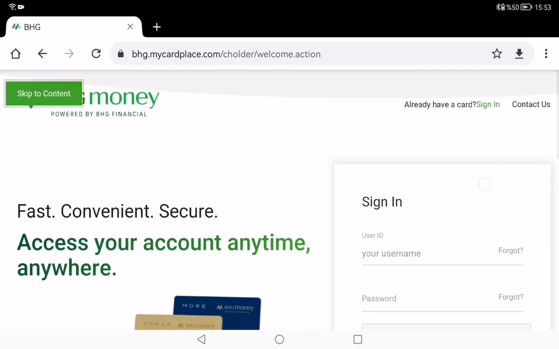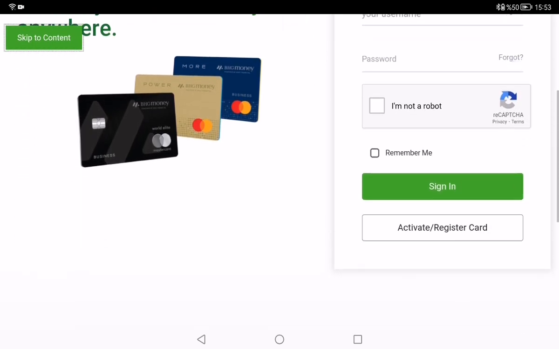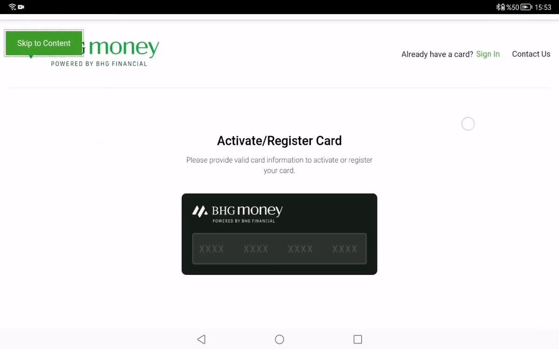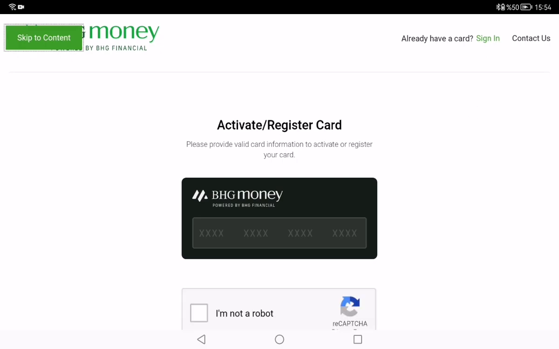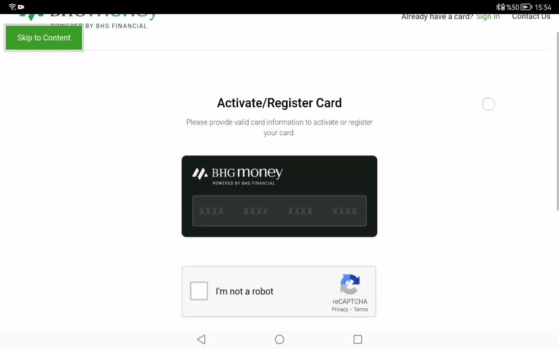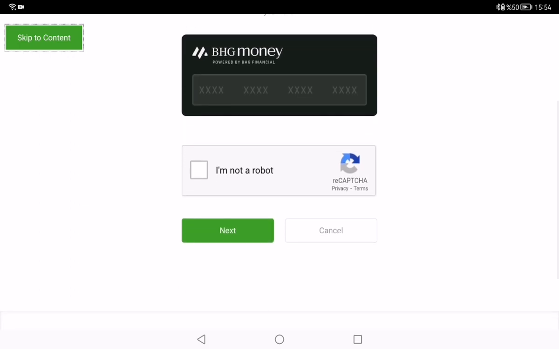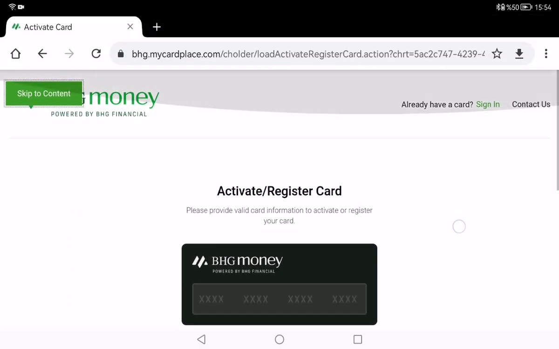And firstly, you need to click the activate or register card button here. And after this, if you want to activate your credit card, you need to type your credit card numbers here, and then you need to click next button, and then you can register or activate your credit card, and then you can sign in your